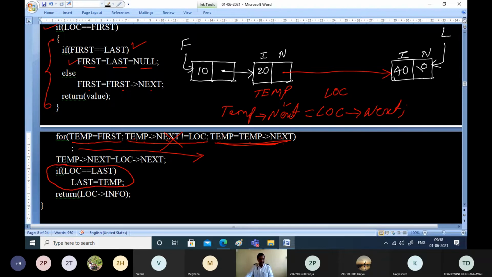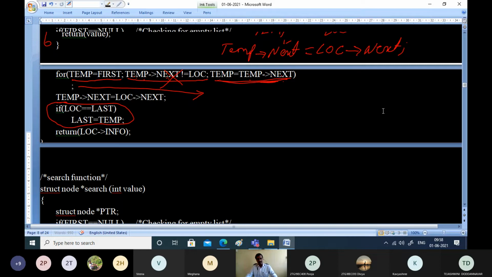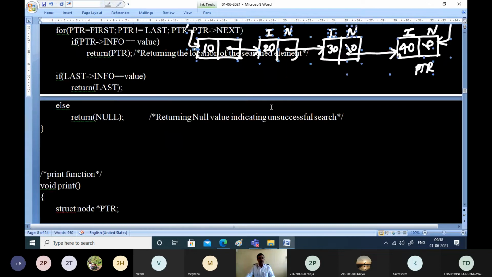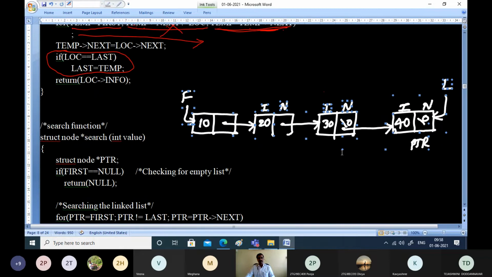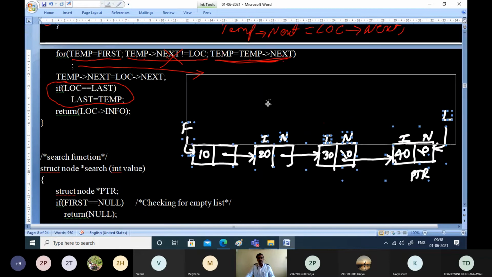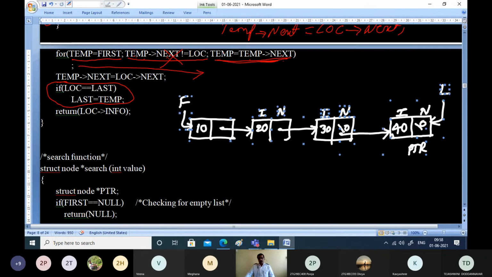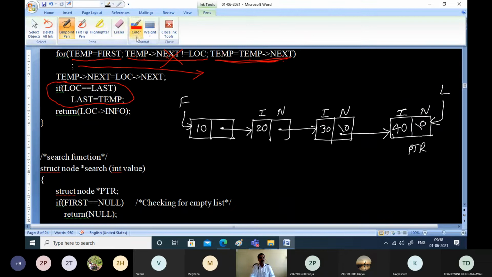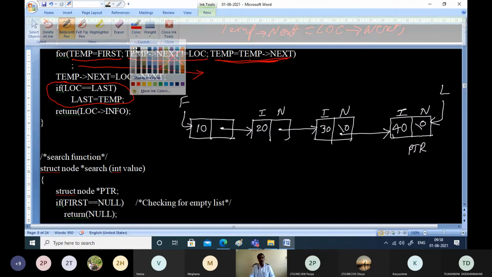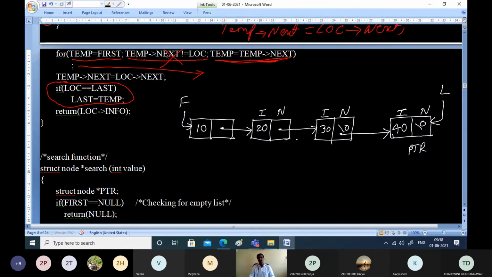So what this case indicates here is, only for these two lines I am taking it once again. So that part is over.